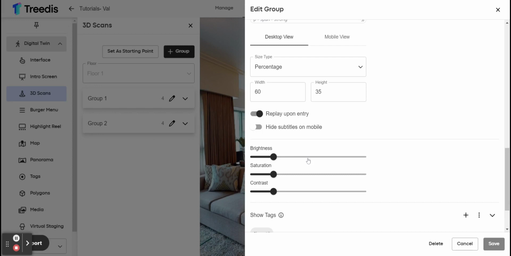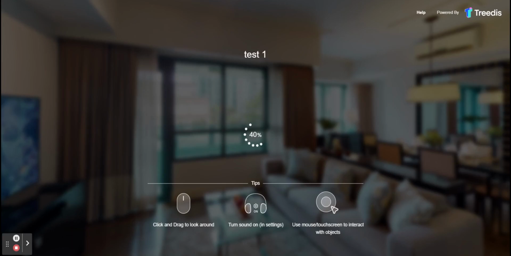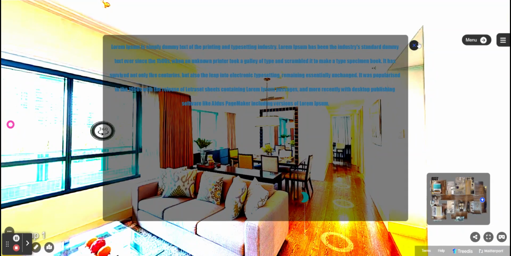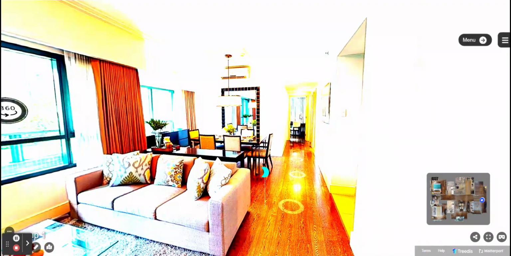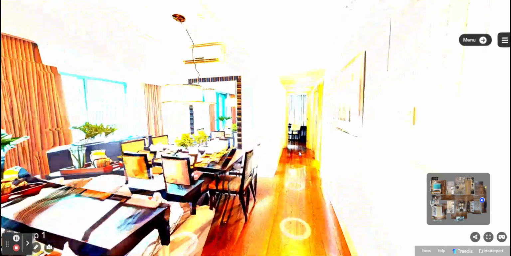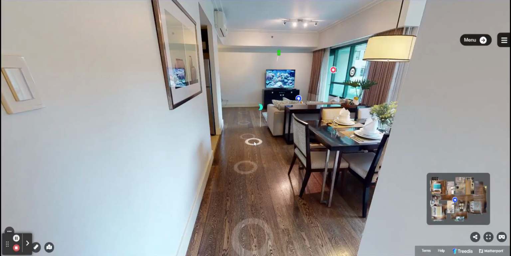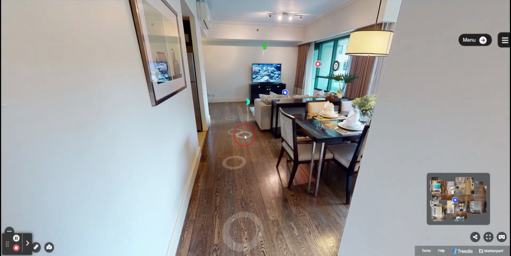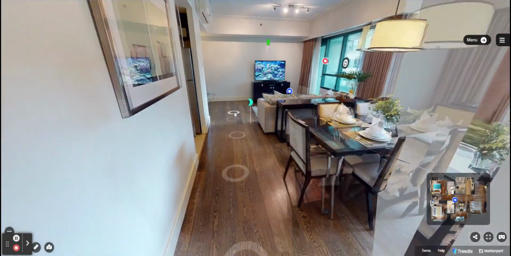Then you can also control the brightness, saturation, and contrast of the tour while you are located on these specific sweeps. So for example, I will put it like this so that it will be pretty visible. As we access the public link, you can see how the options for saturation, brightness, and contrast have been applied to these sweeps assigned to group number 1. And if I move to sweeps from group number 2, all the contrast and brightness options that I have enabled have disappeared. And if I go back,